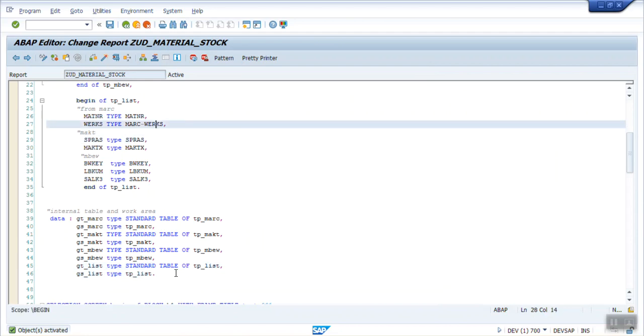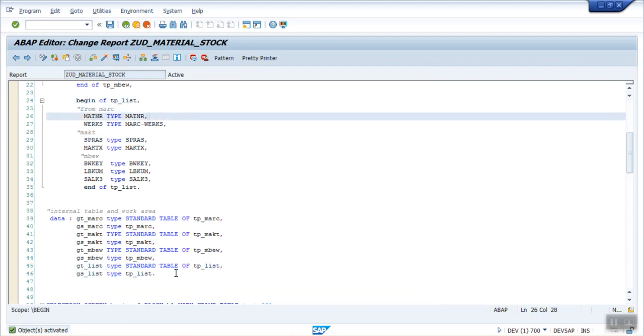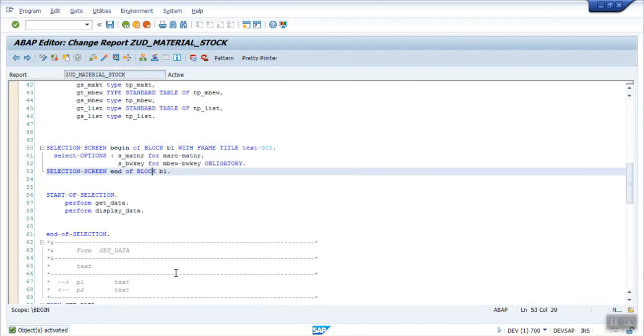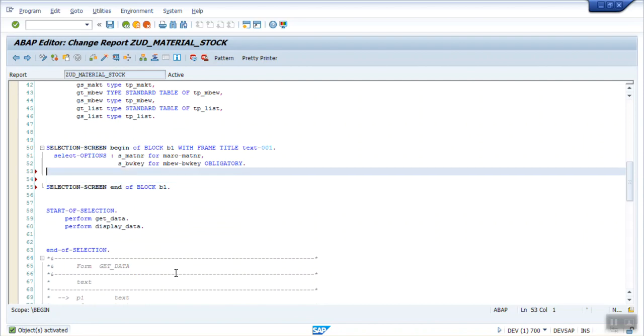Okay, so I will write a single select query with join on these 3 tables. So before that, on the selection screen I want to add radio buttons. Parameter, why I want r_, let's say r1. How to create a radio button group? Just give space and type radio button group and give any name.